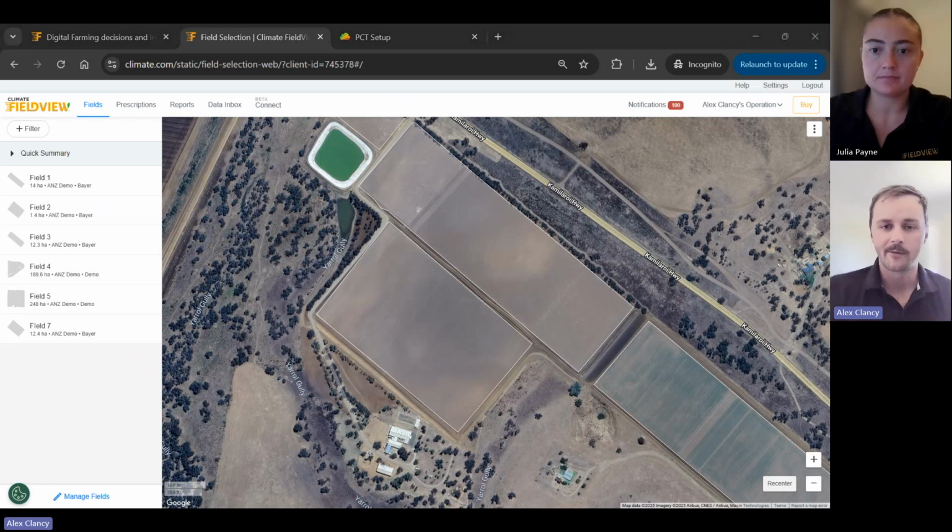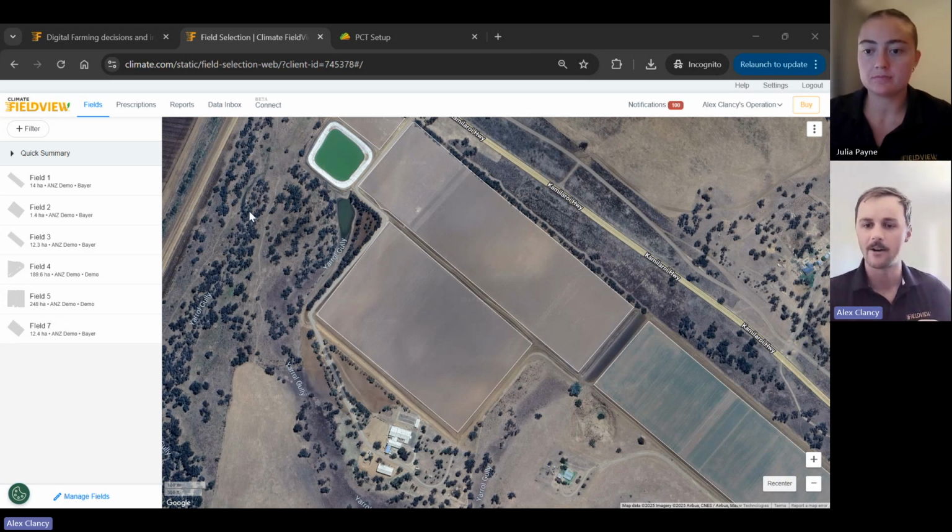So moving on from fields, one of the things that might be good to set up in this planning time, or getting ready for seeding this year, is sharing data between yourself and your agronomist, or anyone else for that matter that might be a partner in the farm. So thinking that I might want to share some of my fields or all of my operation with someone like